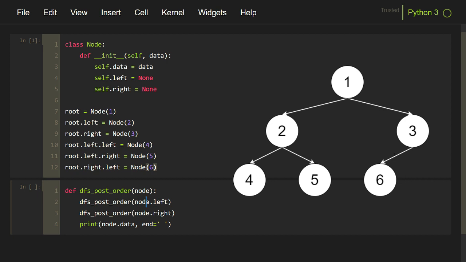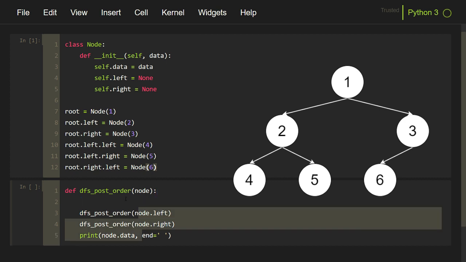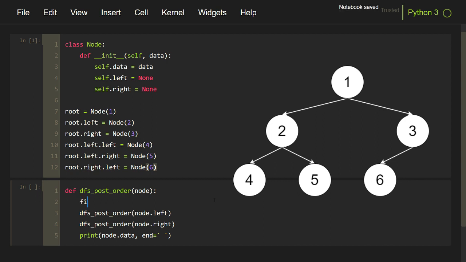So in all these cases where the node passed as the parameter is None, we don't want to process anything. And that is also our base case. So before executing these three lines, we should add a condition. So if node: in Python, if we pass an object to the if condition, then it checks whether the object passed has a non-None value or not. If it is None, then this if condition will become false.